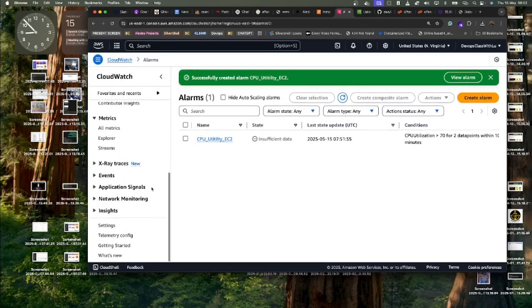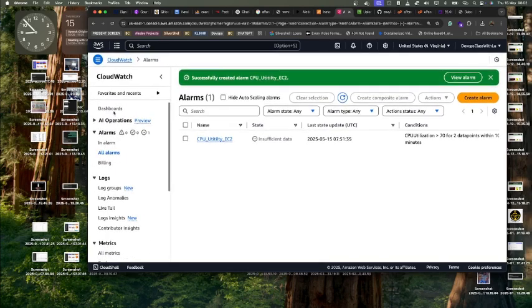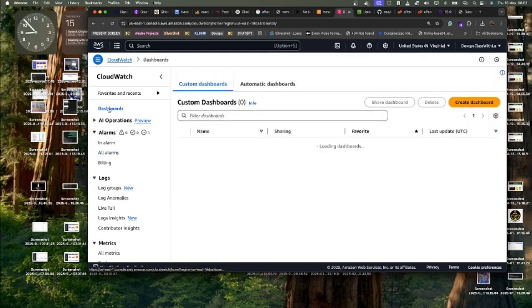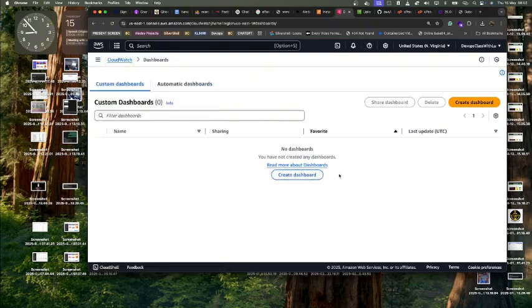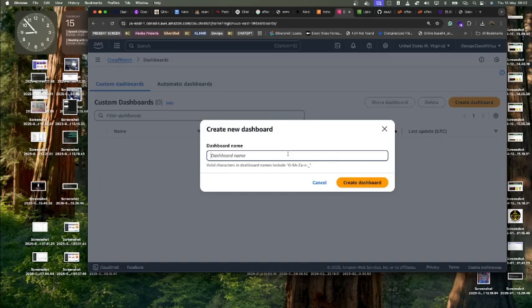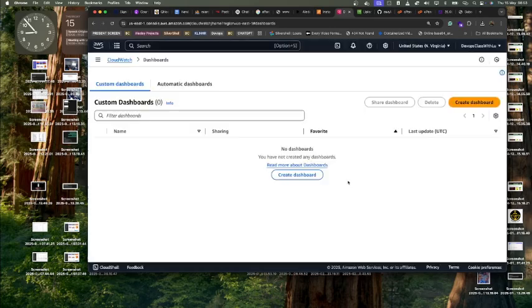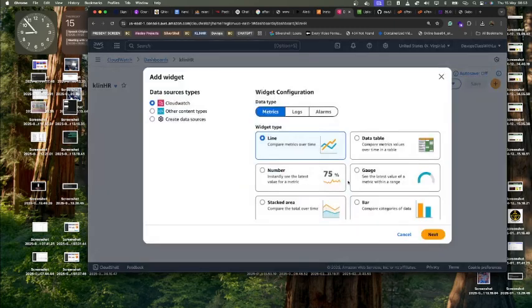Now, the other thing we want to do in CloudWatch is to be able to set up a dashboard. A dashboard is you creating different dashboards that you want to look at, to know the health of your AWS account and resources. So I can create a dashboard and give it a name. It could be by a solution name. So let's say I have a solution called Clean HR, and this Clean HR has 4 or 5 AWS resources that are running